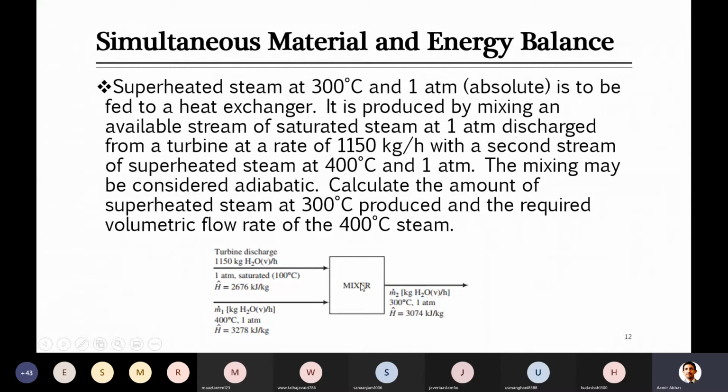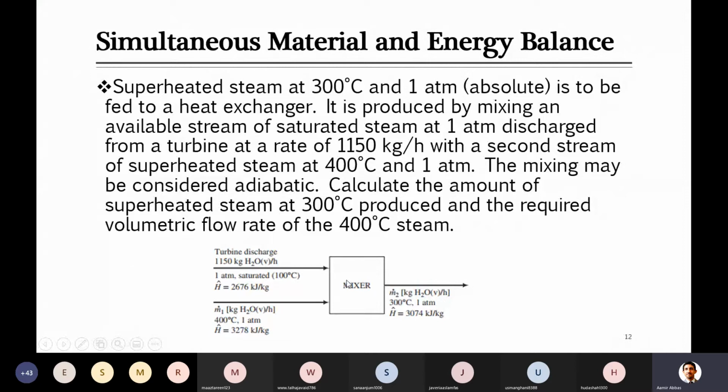So first of all, you know that he said that you need some steam which is at 300 degrees C and 1 atm. I'm talking about the output stream of this. Because if you start reading the problem question, you will see initially information about this stream at the output. We are given its temperature and pressure as well. We don't know its flow rate, which he asked us to calculate. Actually, calculate the amount of superheated steam at 300 degrees C. So this M is unknown.